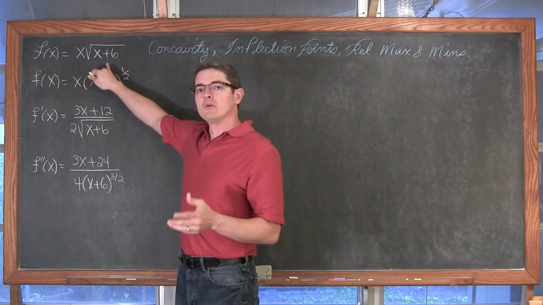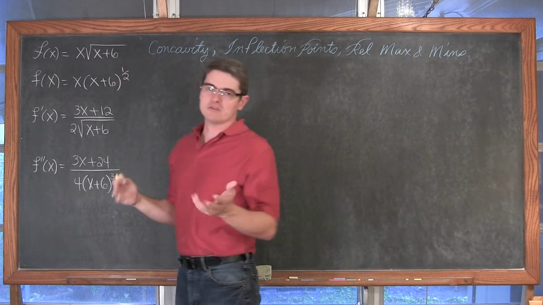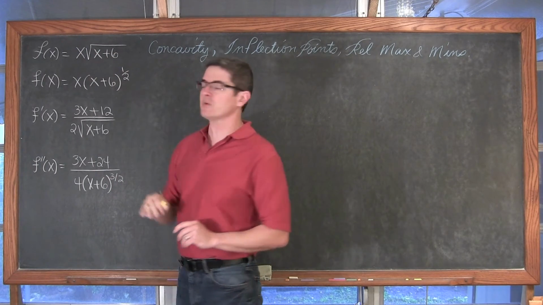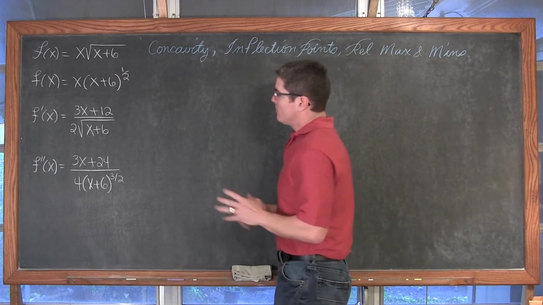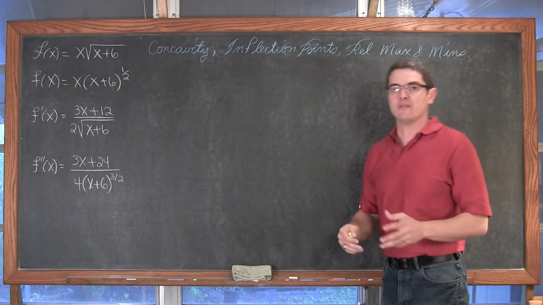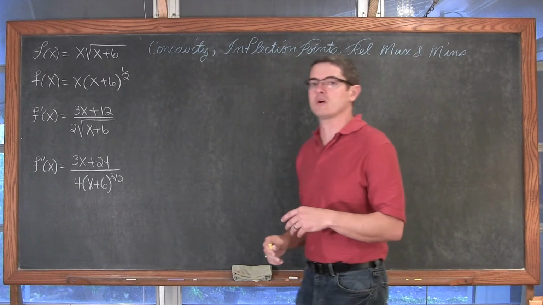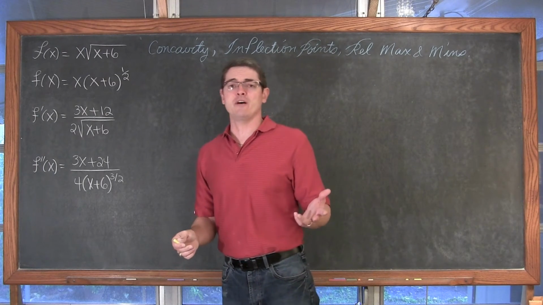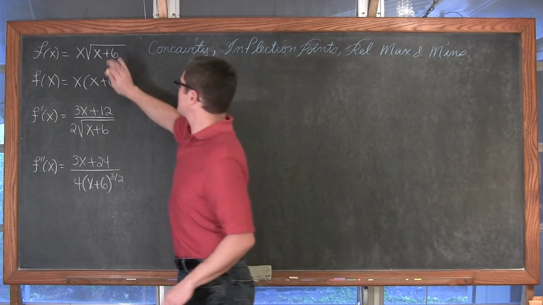We cannot square root a number, or even root, excuse me. It's true for square root though too. We can't even root a number which is negative. So before we try and find our critical values and identify where the function is concave up and concave down and where the inflection points are, don't do any work with the functions undefined, right? So this function's domain,